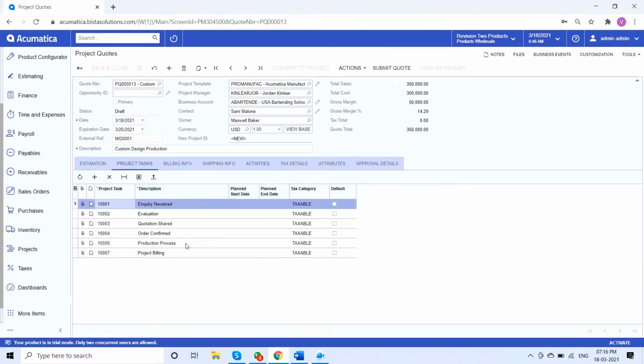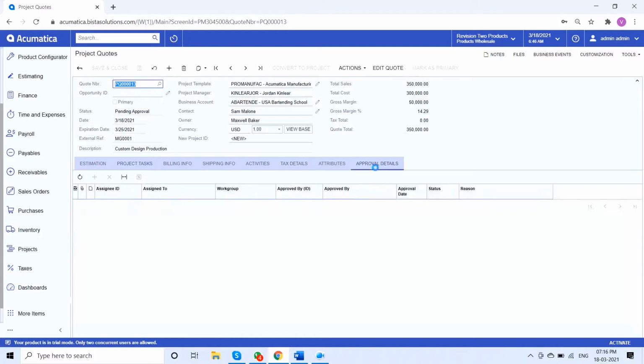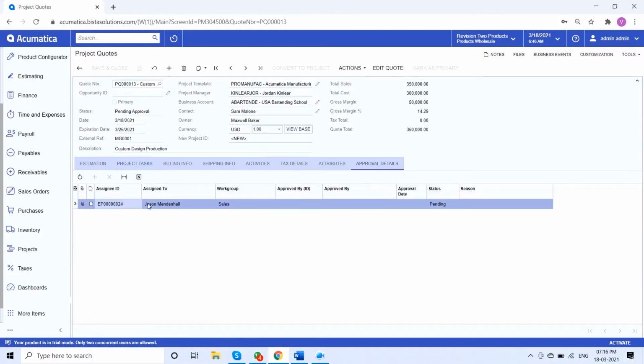So for keeping this simple, I have made all of these a task and added it in the project template. I'll submit my code. Then a project pending approval has been triggered. So I'll simply approve it myself. Once approved, I can print it, I can send this code to my customer through emails and all. I can copy this code into a new code.